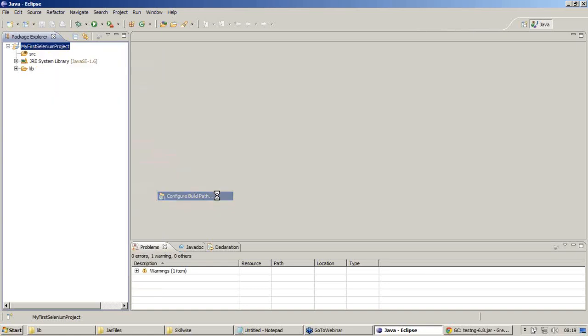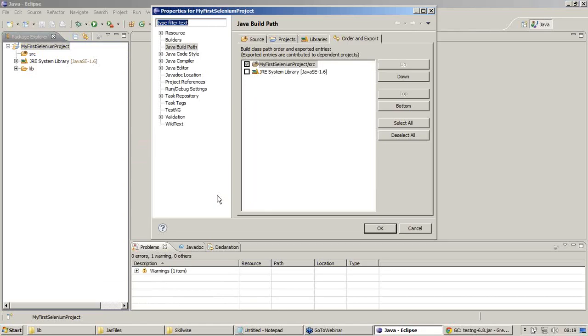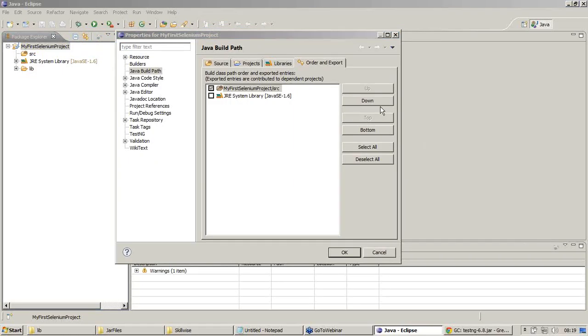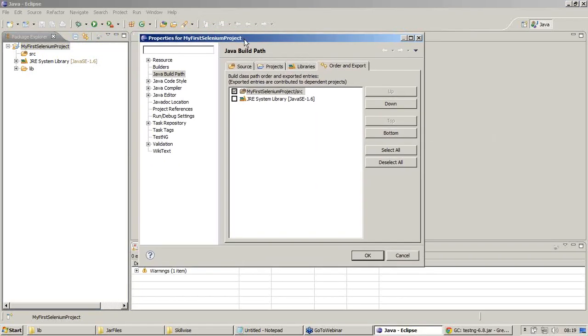Configure build path, I have clicked on that. This is a window which got opened right now: Properties for my first Selenium project. Java build path has been selected because that is what we chose to do.